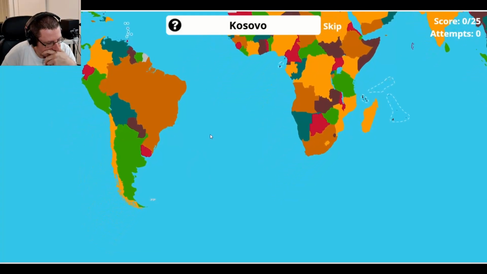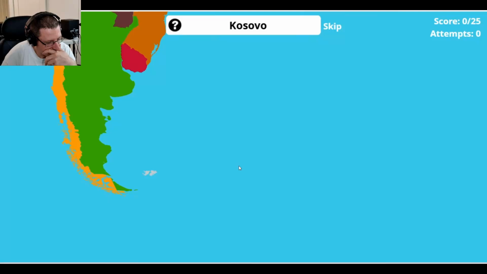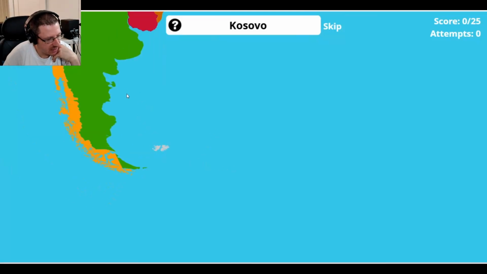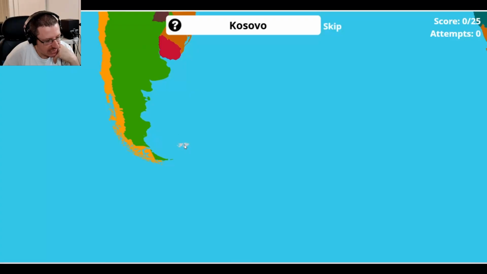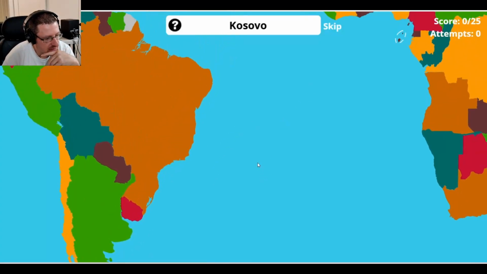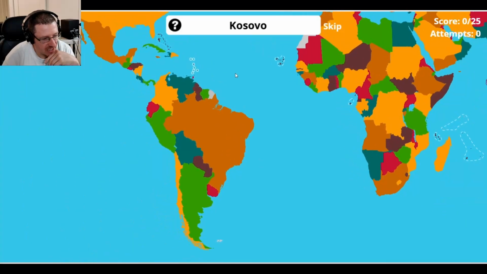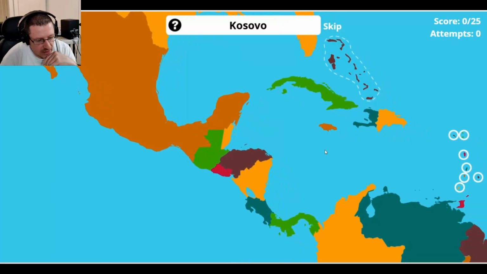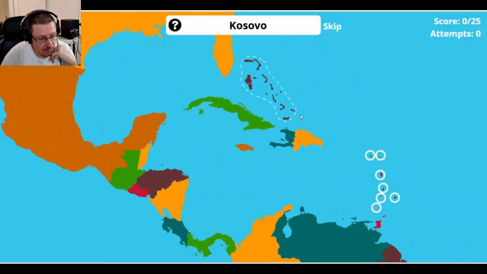okay. Right down here, this is the Falkland Islands. This is where Argentina invaded in 1982, the Falkland War, 73 days. Okay, so there's a lot of stuff going on with the Bahamas that they didn't include. The Cayman Islands are right here. It's known for its diving sites. There's Cayman Islands. Bahamas is right here.